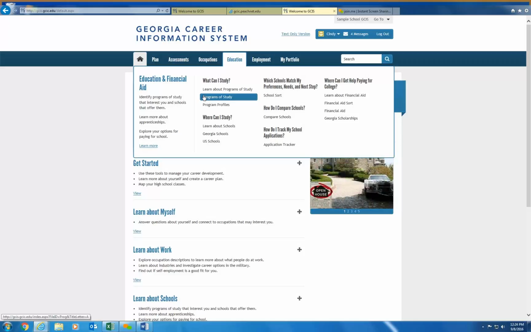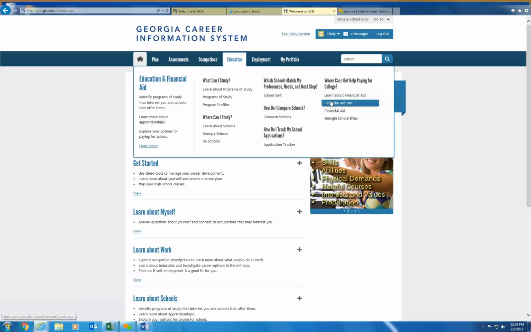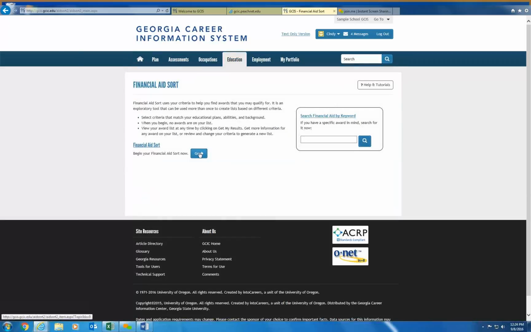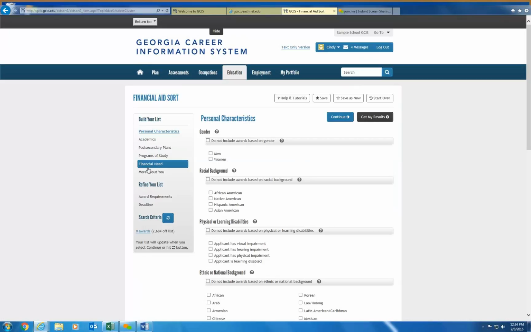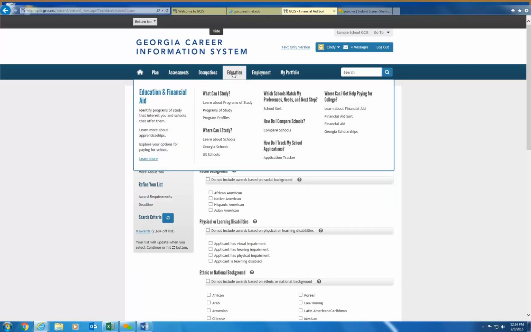And so you have a whole host of different areas that you can use to supplement that annual and ongoing advisement. Your students also have an opportunity to look at financial aid. There is an assessment called Financial Aid Sort, where your students can enter various components that are important to them when it comes to selecting a financial aid title. What will happen is that GCIC will go through and cherry pick options for students that meet their specific criteria. They may already know what type of financial aid they need. So there's actually a financial aid library and one specific to Georgia's scholarships.